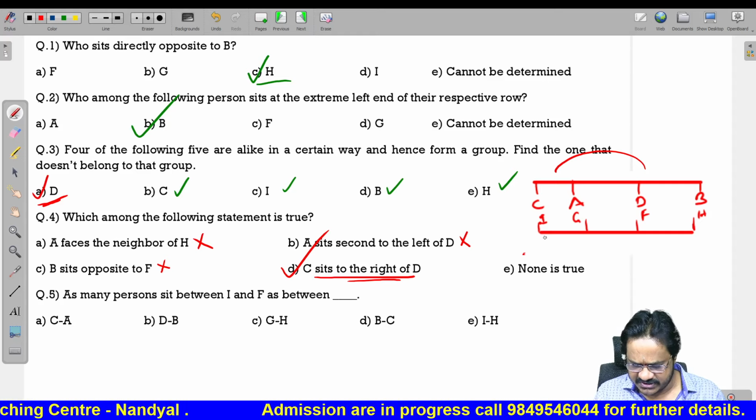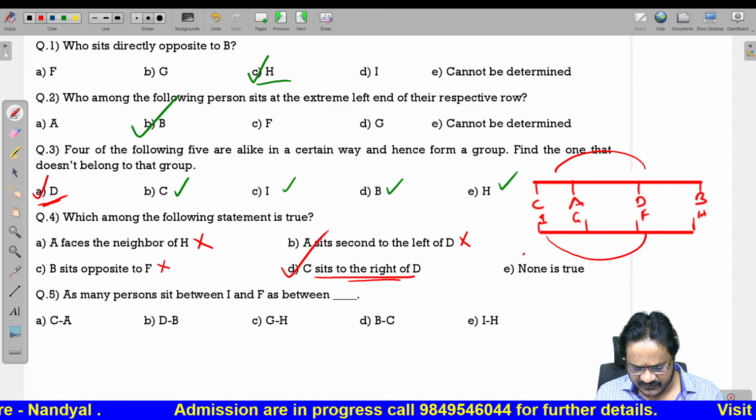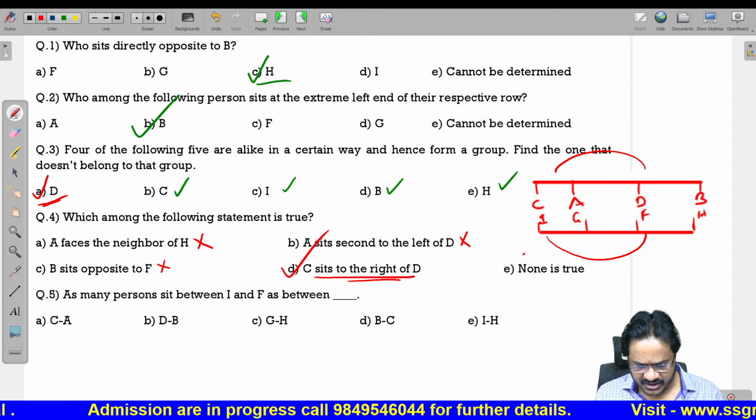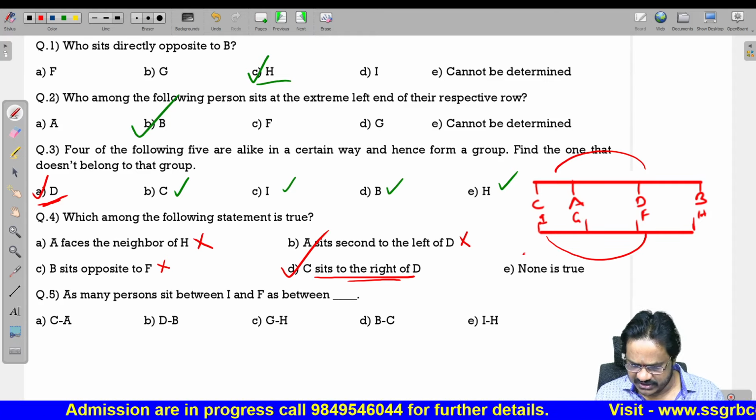As many persons are there between I and F? As between I and F there is one person. Between G and H also there is one person. So, option is 3. Next,